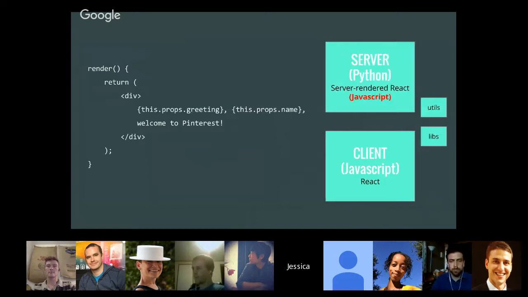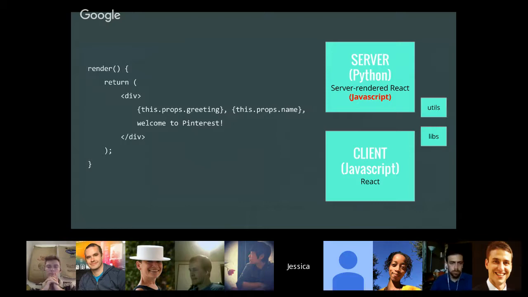So somehow we need to get our server, which is Django, which has tons of code in our application logic, to call JavaScript so that we can server render React templates. And while we're doing this, we'd like to share those utilities and libraries among the server and the client. So there's a big problem there, because to get from here to here, that's huge.